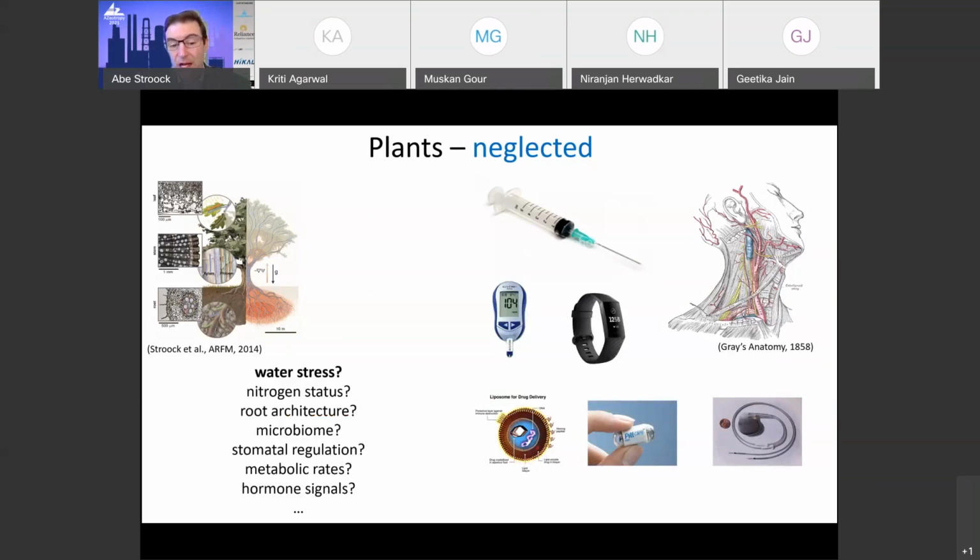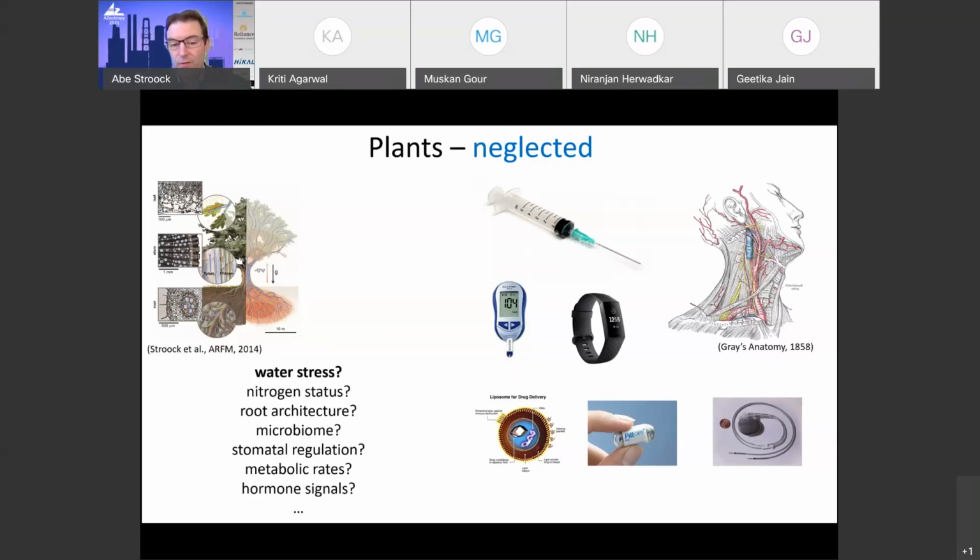I show at the top a hypodermic needle. The hypodermic needle is a foundation of modern medicine, and even that simplest of tools for intervention to get into the internal workings of the organism, we lack in plants, and that's one of the things I'm going to try to give you an appreciation for: why plants present particular challenges to build the tools to get to internal biology.